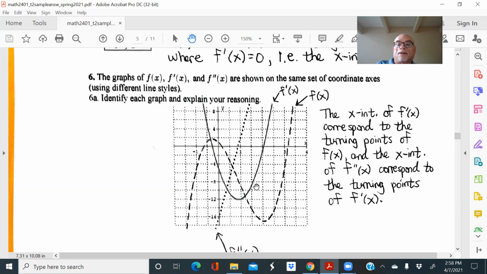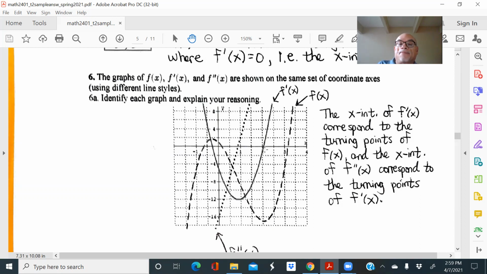This appears to be a parabola. This graph, and notice that, look at its x-intercept. So it has an x-intercept there at about, kind of close to 2, and then another x-intercept right about there, which looks like it might be about -1/4. The exact value is not really important, okay? But what is important to notice is that the intercepts for this, the solid graph, match up exactly